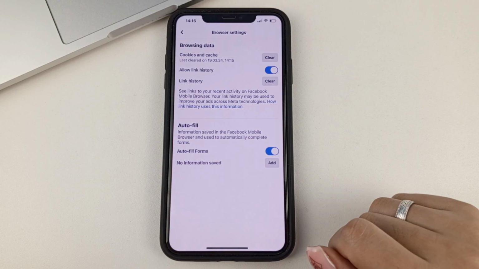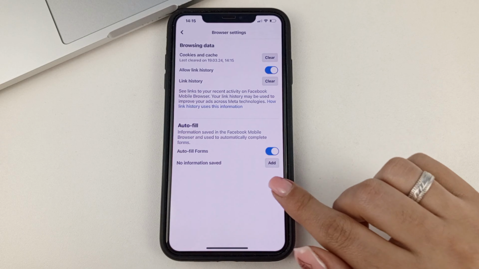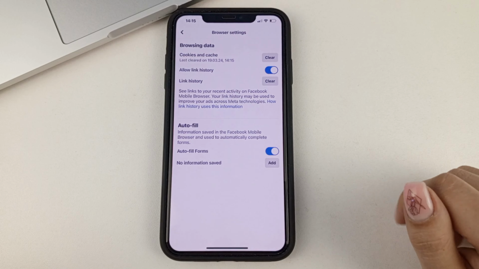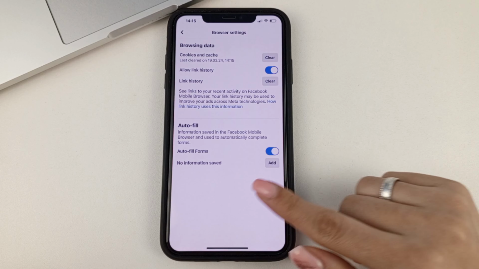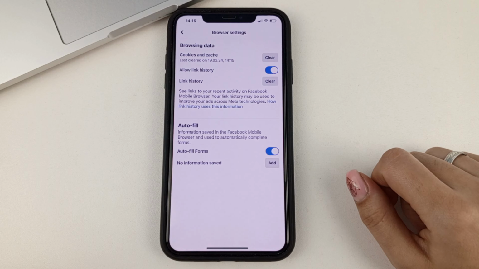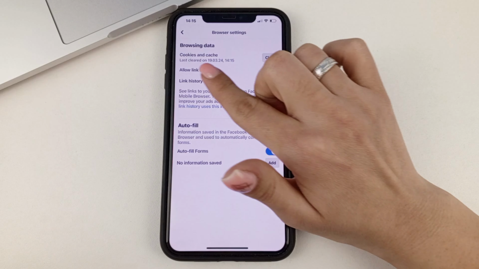At the bottom of the screen, we can see that we have an autofill tool. It is responsible for storing our login information, such as passwords, our name, nickname, or email. Maybe even our residential address. All of that takes up some space. I don't have that information saved right now, as you can see. But if you do, it can be cleared just as easily. Just like you cleared your cookies.